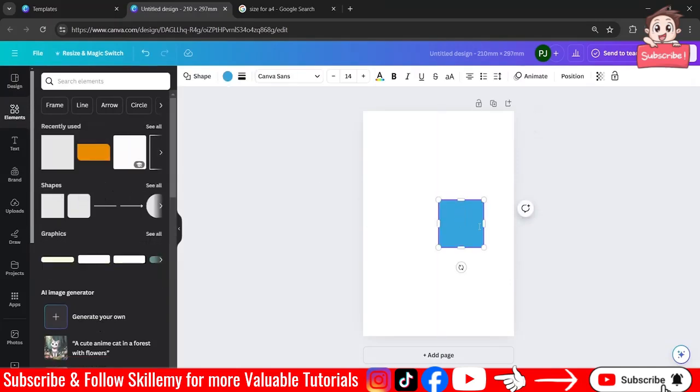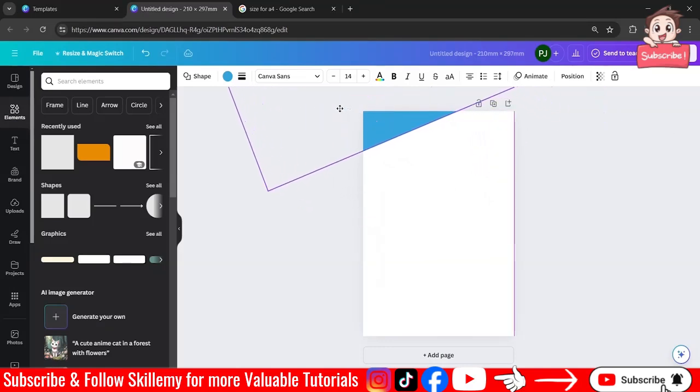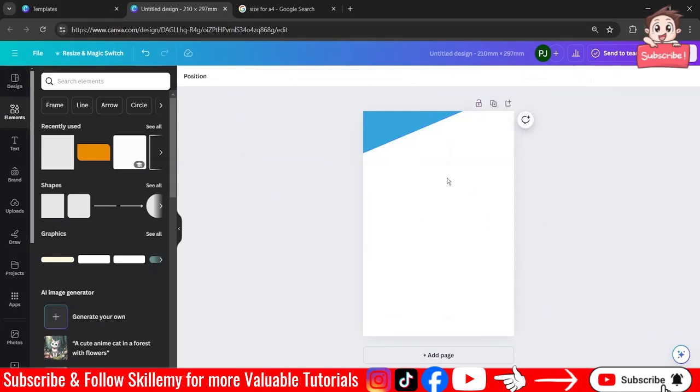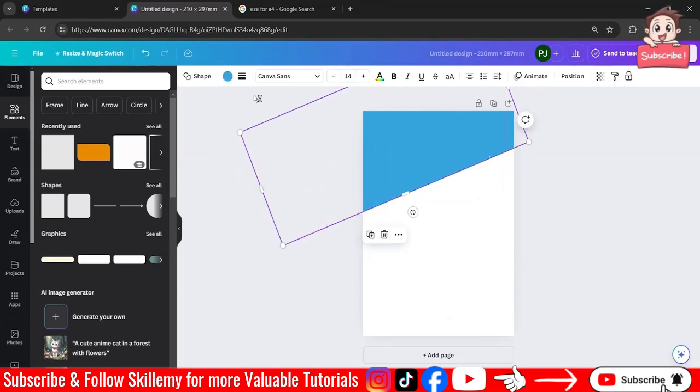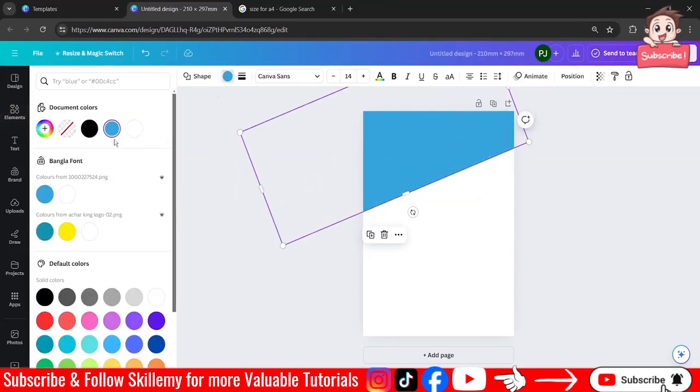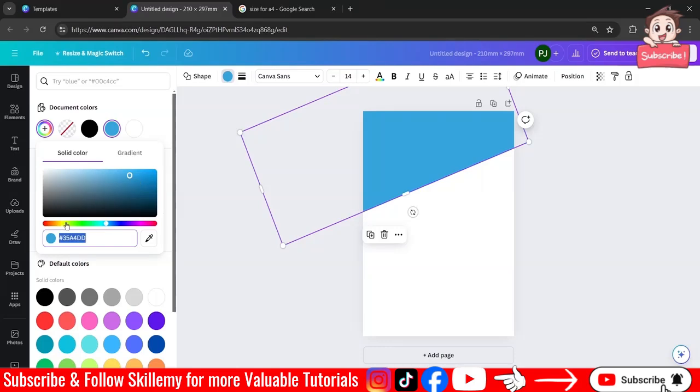I'll select this one. Let's rotate this. Let's make a copy. Let's change the color for this one. Let's choose a different color this time, related to blue.